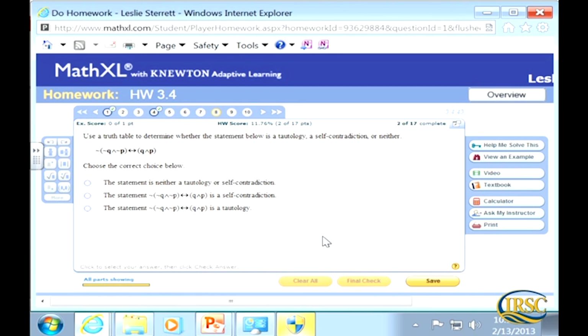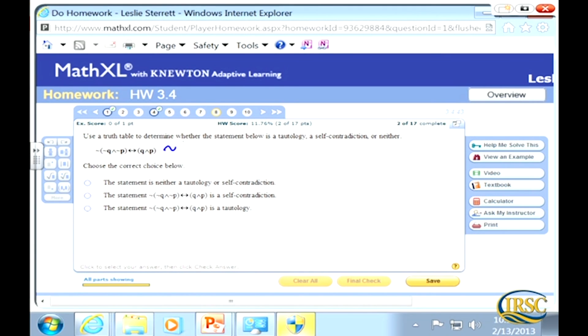Okay, so here it says, use a truth table to determine whether the statement below is a tautology, self-contradiction, or neither. Notice they don't give you any of the truth tables. So these are really good homework problems to practice because you have to build the truth table from scratch. And then you're going to choose from one of the three choices there. Okay, in case this is a little small,